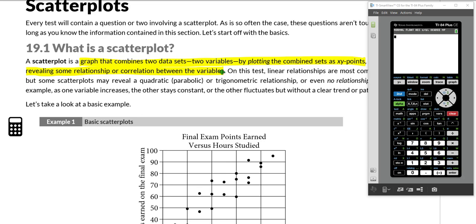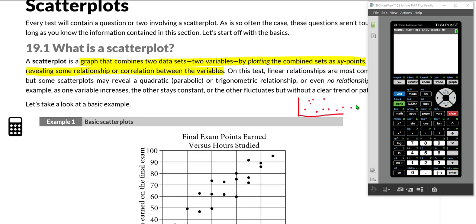You should know that the vast majority of scatterplots that you encounter on the SAT will reveal a linear relationship, although occasionally you're going to see a scatterplot that reveals a quadratic relationship, maybe a trigonometric relationship, possibly even no relationship whatsoever. For instance, if you were to see a scatterplot that looks like this,